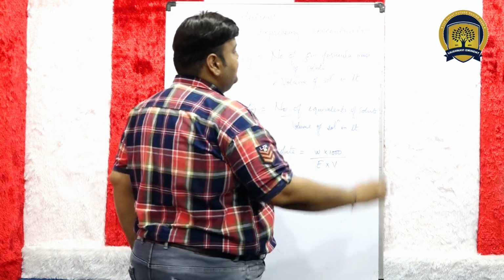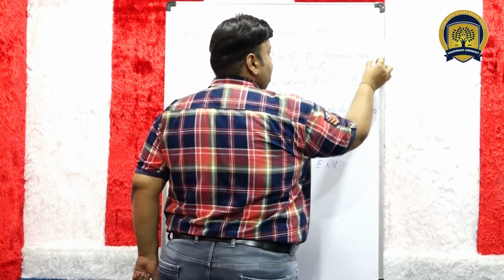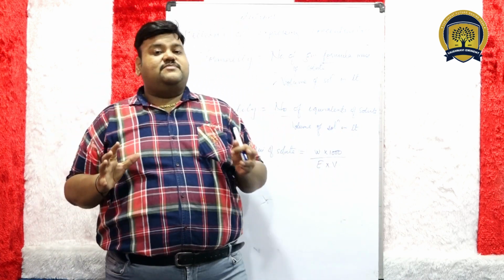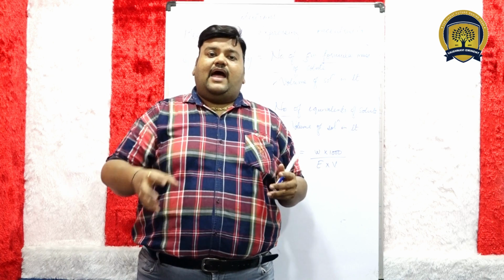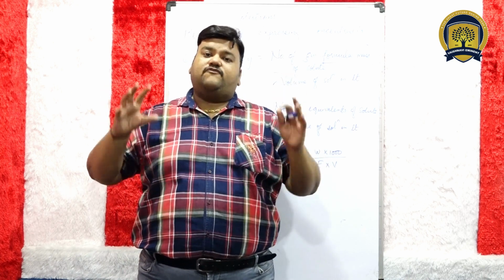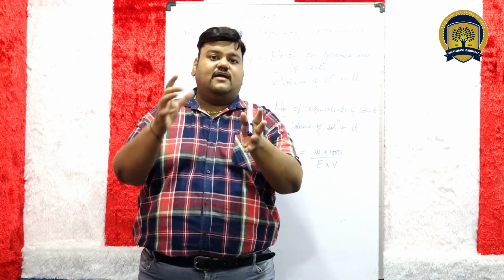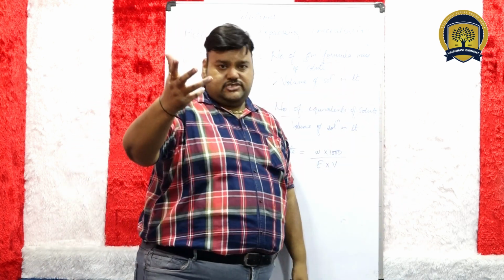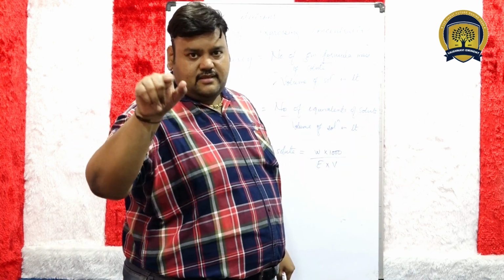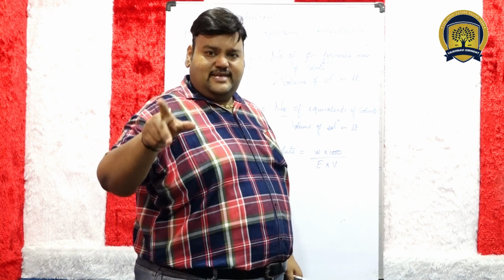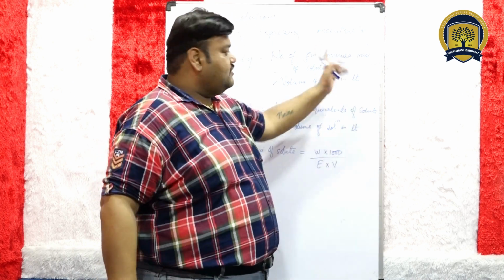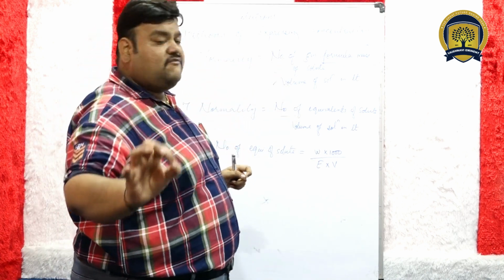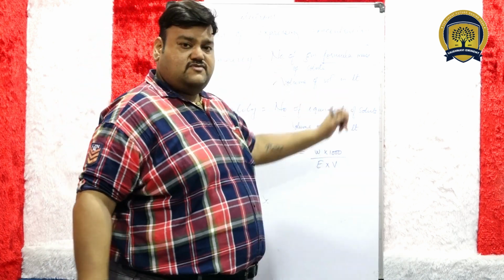What makes you concerned is the meaning of the word formula mass. Formula mass simply means that if you add the atomic weights of all the atoms in the solute, what you get is the formula mass. Suppose NaOH, the value goes 40: Na plus O plus H. Add the weights of these and you will get the formula mass. So formality means the number of gram formula mass upon the volume of solution.